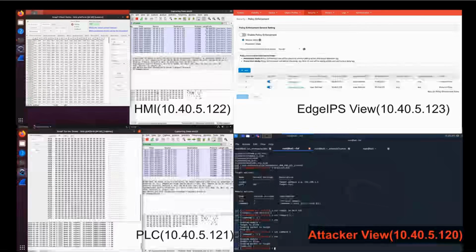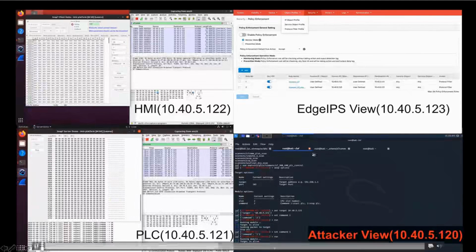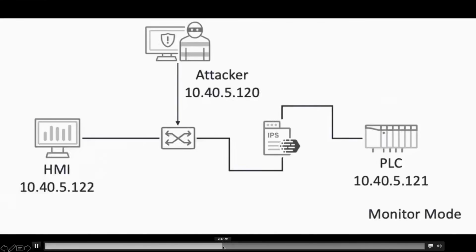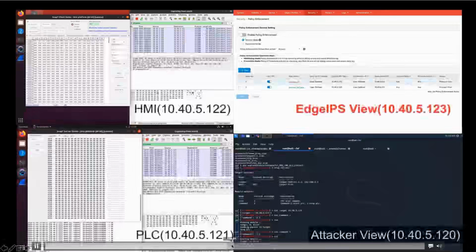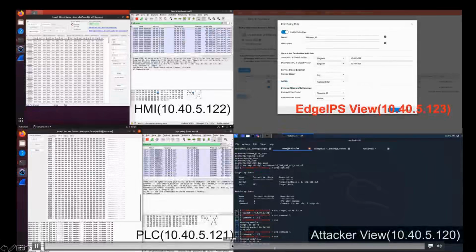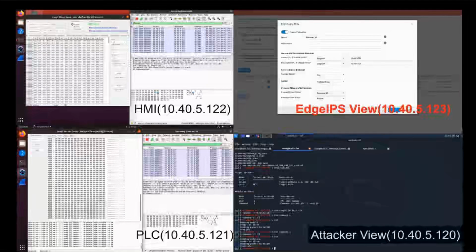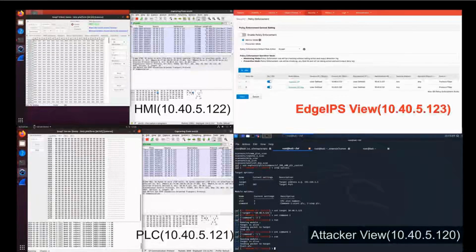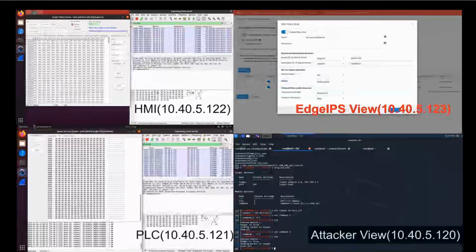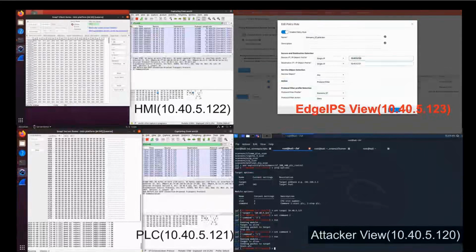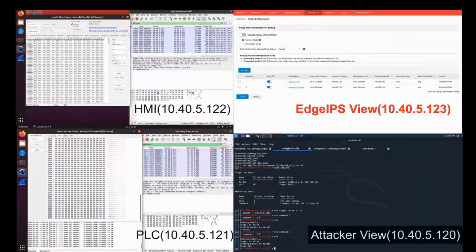And then we will focus on how to prevent and detect this. So here is the monitor mode. In monitor mode, we just enable our network whitelisting configuration for Siemens S7, and set it up to make sure only HMI and PLC communication is allowed and the rest is denied.